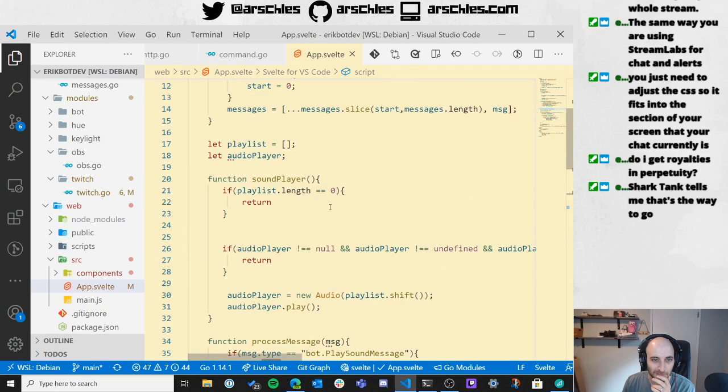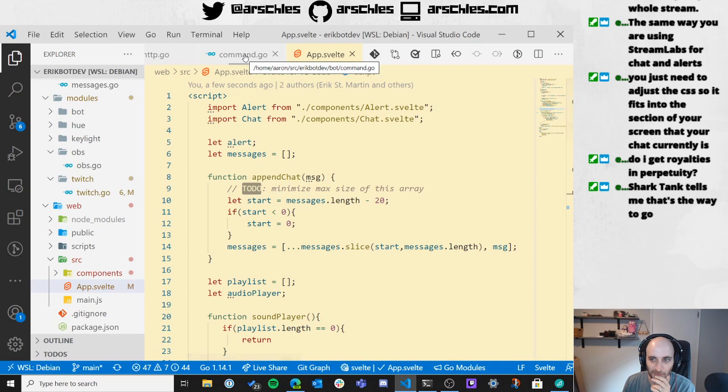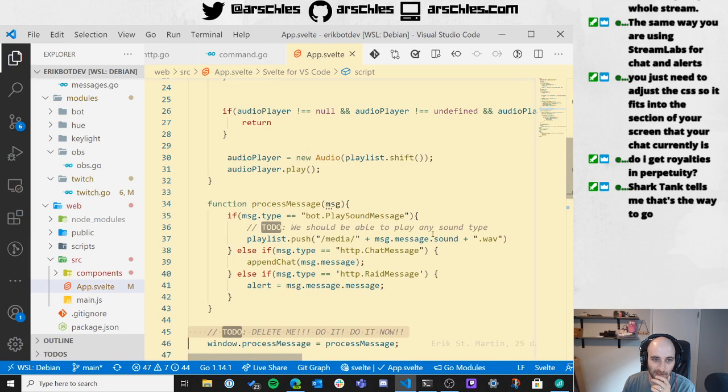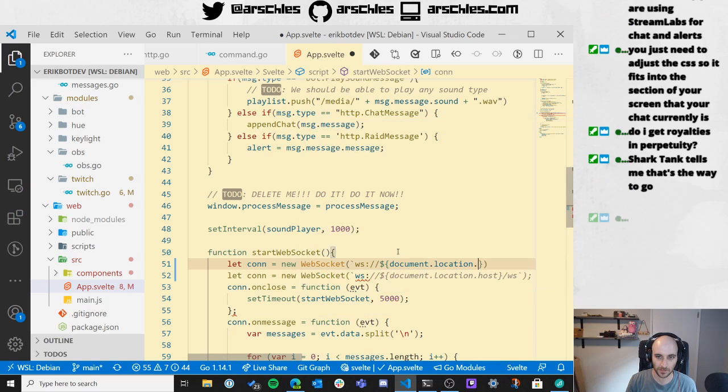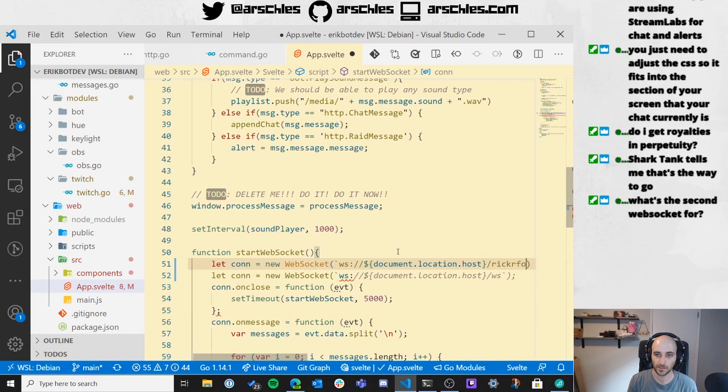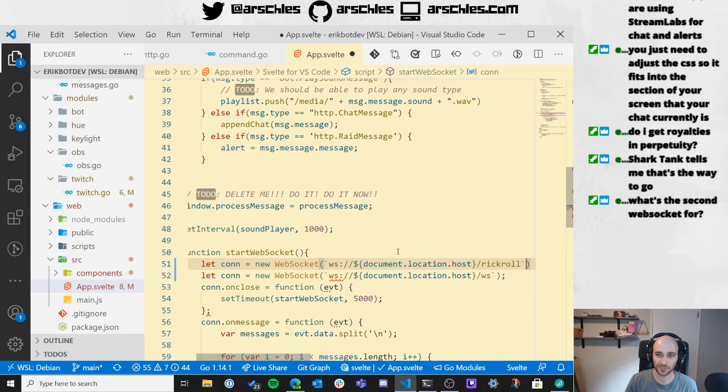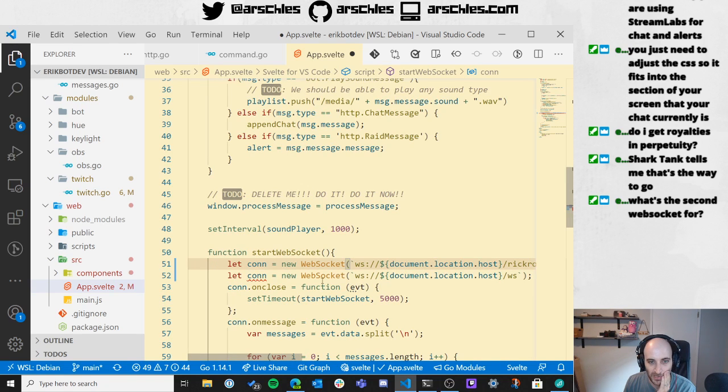Alright. So what the hell am I even doing? I forgot everything. So, alright, I'm gonna open up a new WebSocket. New WebSocket. WS. Document.location.host. I want a new WebSocket for Rickrolling, just because I don't want to have to parse